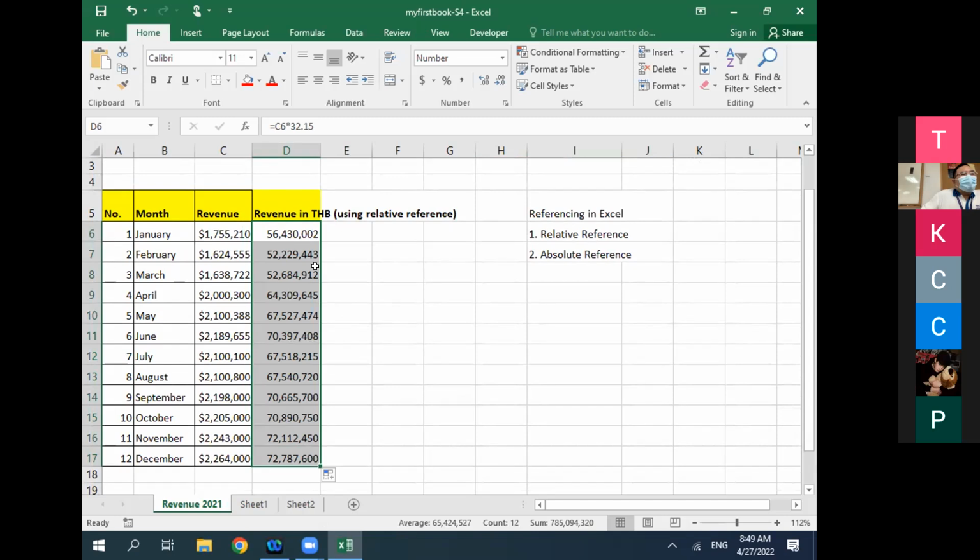Now you get sets of numbers. Have a look at revenue in Thai baht of February. If you double click, you can see that it is C7 times 32.15. In March, if you double click, it's C8 times 32.15, C9